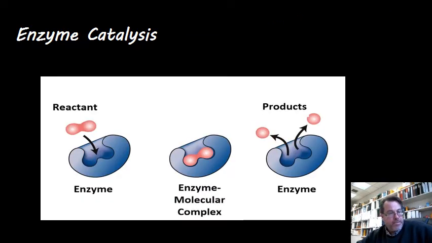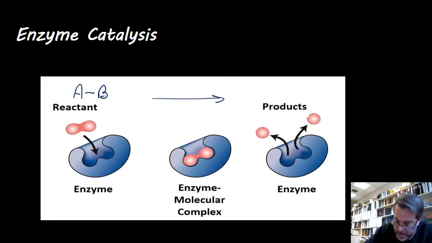So here's an example. Enzyme catalysis is a good example of this. In this particular case, instead of having two particles we're bringing together to make a larger particle, we've got the opposite. We've got a large particle, and the enzyme is breaking it apart. So you can think of this in analogy to the one we had before. You can think of this as AB going to A plus B